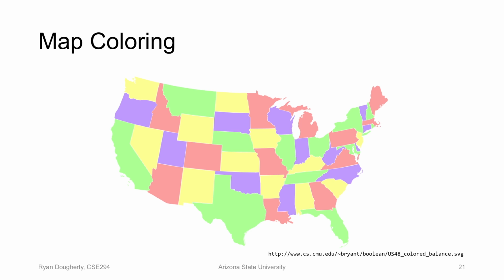So any neighboring state that has a non-empty boundary with Arizona, so it'll be New Mexico, Utah, Nevada, and California, none of those can have the color red. Okay? And then we try to figure out what is the minimal possible number of colors for which I can